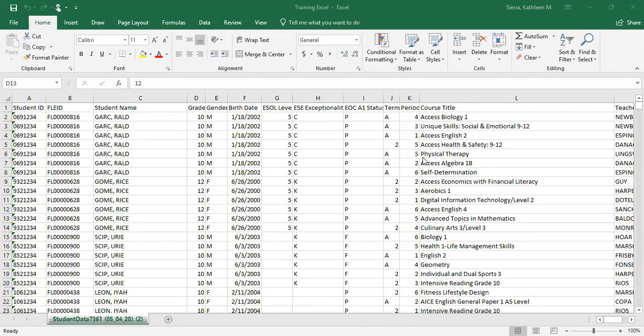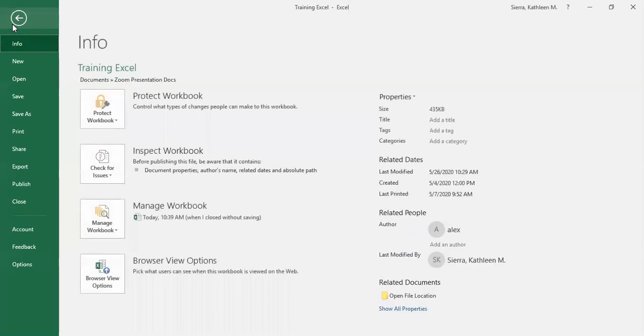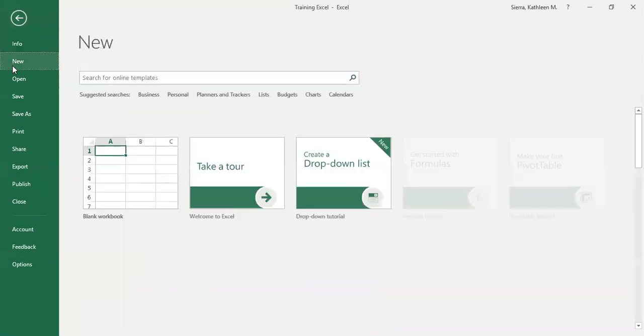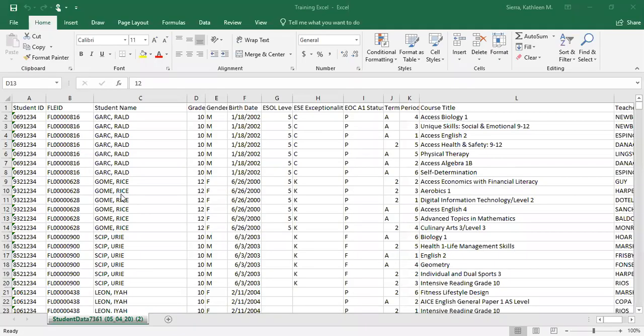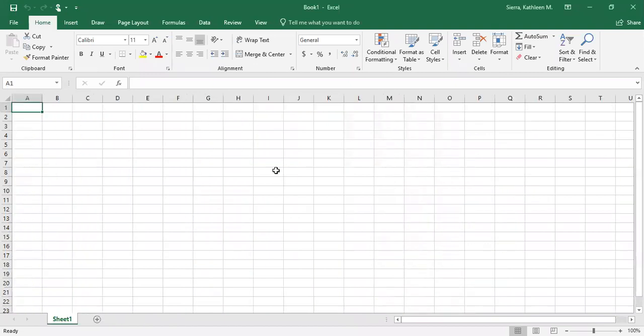Okay, so we've got a basic file here. Actually, let's start with a blank file because let's do first a little tour of Excel. So I'm just gonna open a new file. To open a new file, I would go to File and then New. Double click on the blank template. And then let me share that one. Okay, so this is a clean Excel file, and I just want to show you some of the controls that